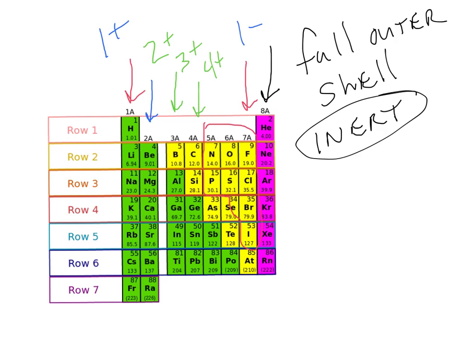This area right in here, nitrogen, oxygen, fluorine, phosphorus, sulfur, chlorine, bromine, iodine, and selenium at times, depending on what happens, will all form negative